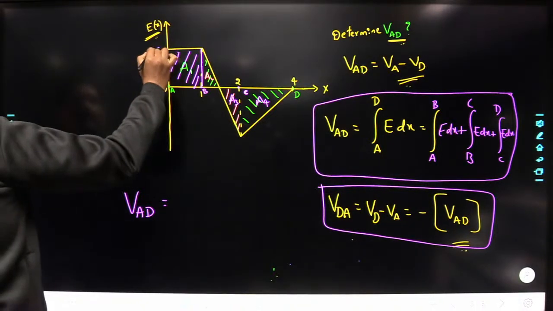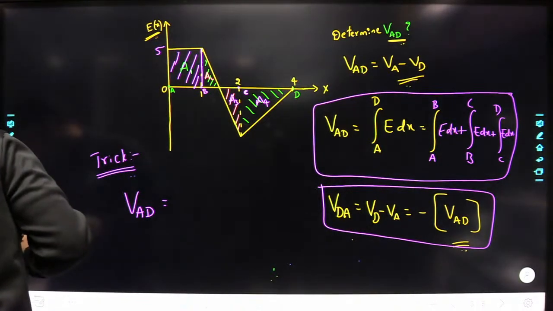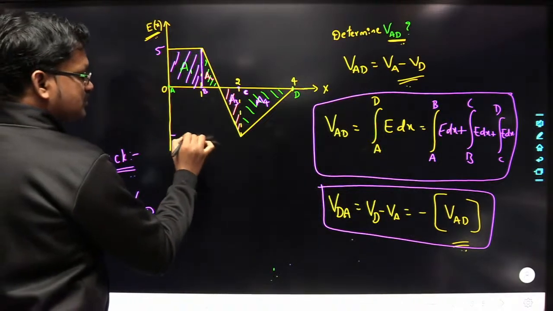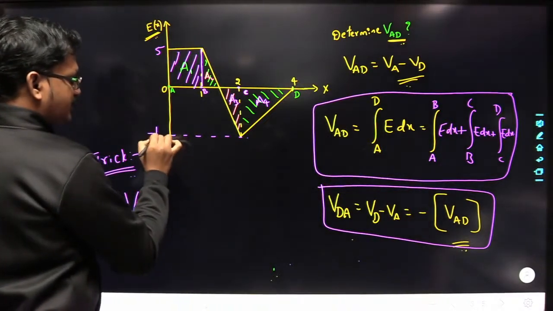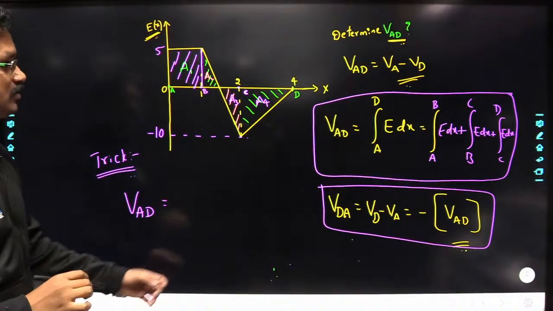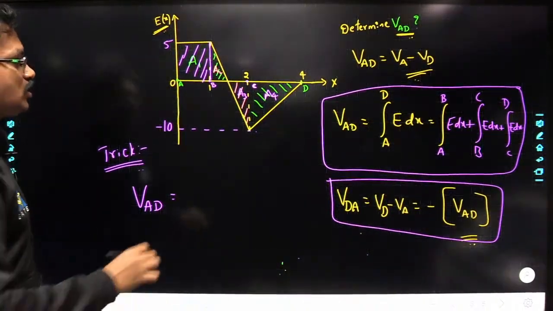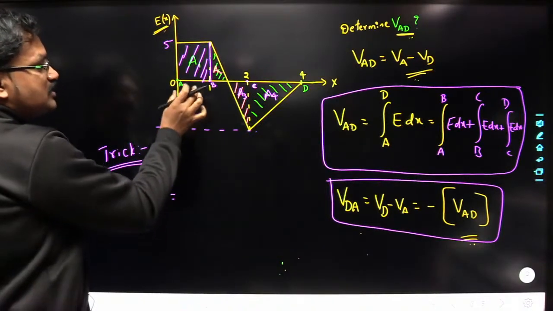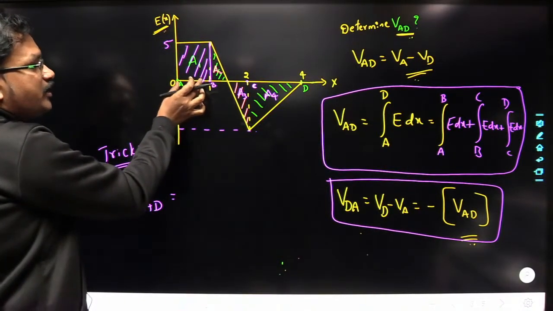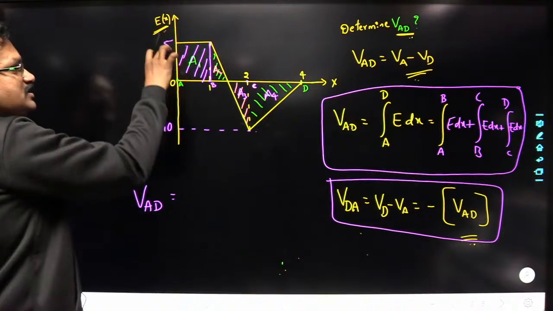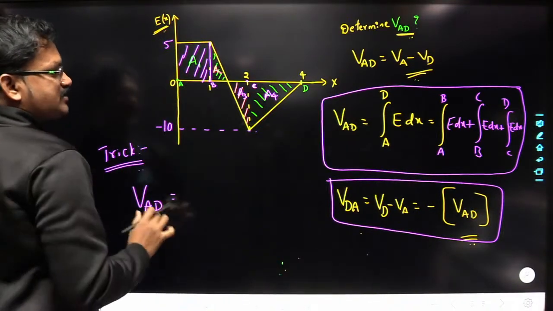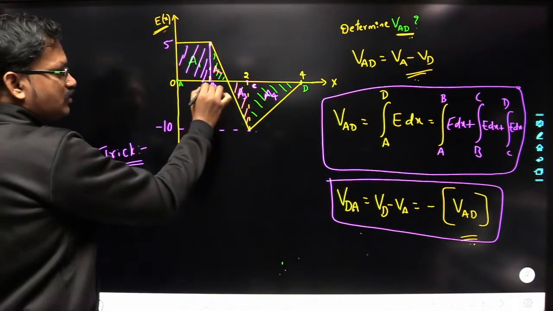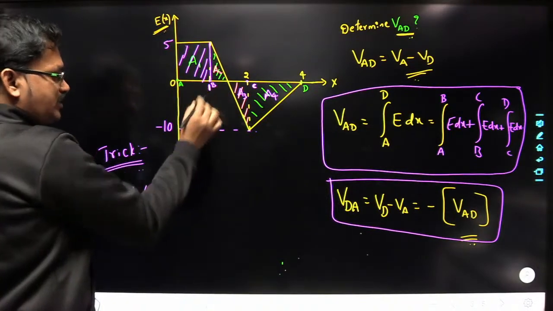So here take 5, and here consider this is minus 10, right? Okay, so now what is the area of this one here? What you have to do here is change in X into the change in this field. So what is the change in X here? It is nothing but from here to here. The change in X is nothing but